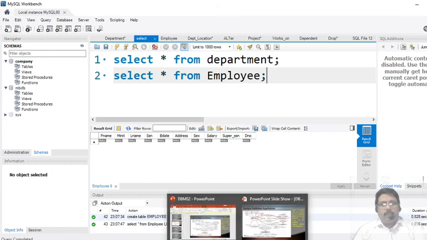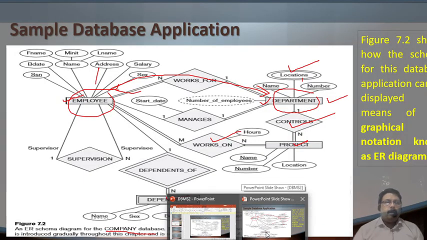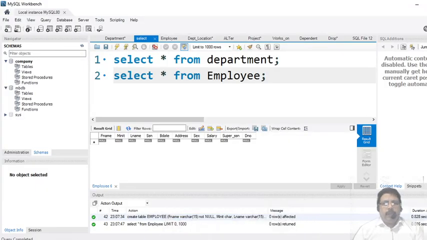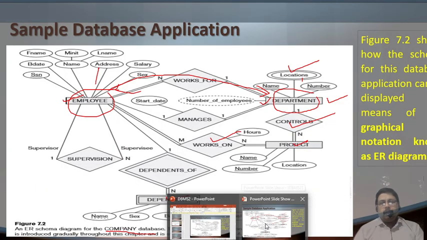Now let us discuss briefly about this ER diagram. See, what we have done in this particular practical experiment is we have created a table with department number as a primary key, that we have linked with the employee table department number. Correct? And it works as a relationship between the department table and employee table. Similarly, we will create a different relationship among the tables, that is employee managing a department.